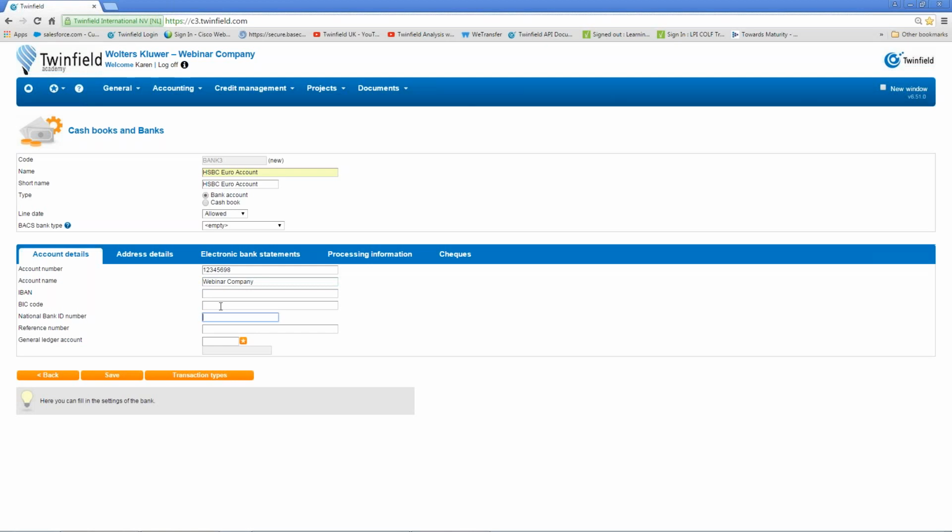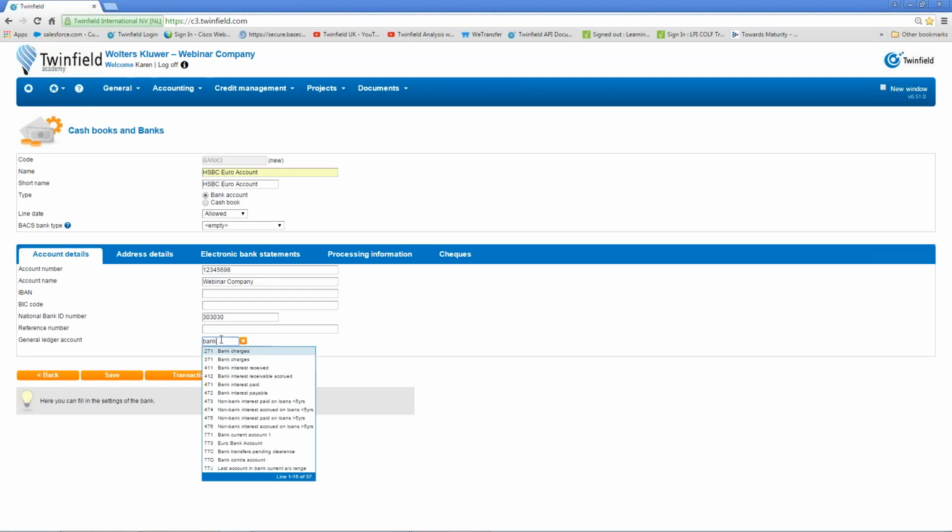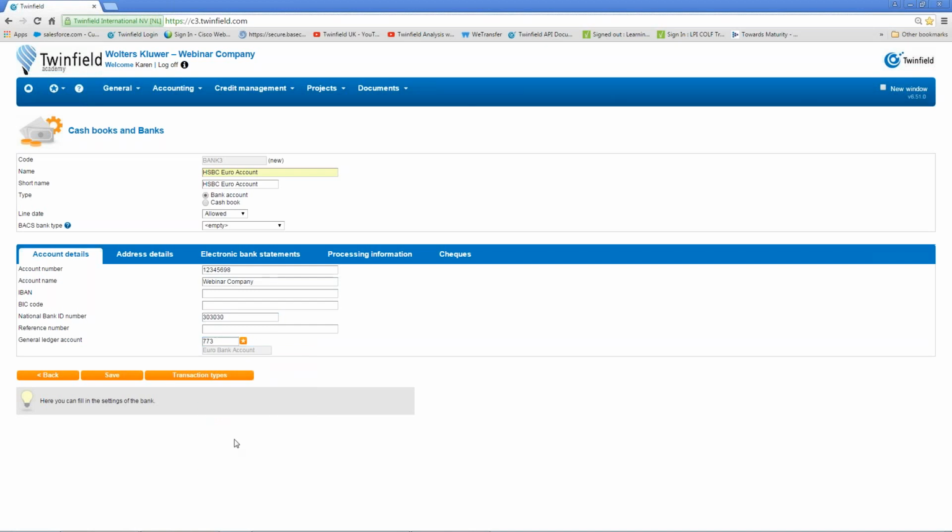In the National Bank ID field, this is our sort code. And just remember, when you're entering the sort code, there are no spaces and no hyphens. And the next thing we need to do is apply our general ledger code. To apply our general ledger code, if we know where our bank range is, or we can just type in the word bank, that will open up and take us to our range. So on my chart of accounts, I can see that I already have a Euro bank account. So if I select that code,